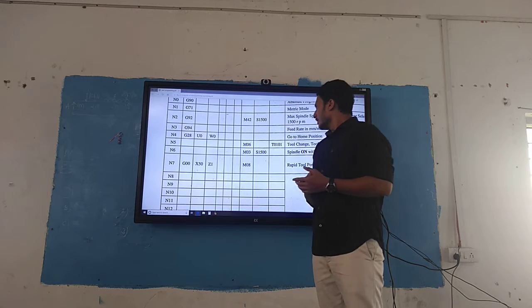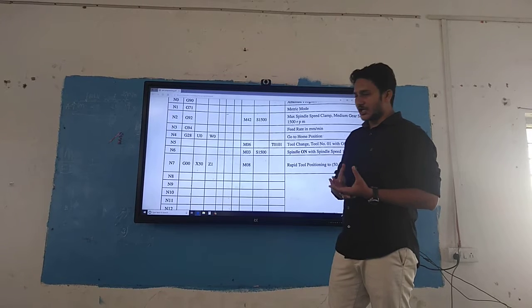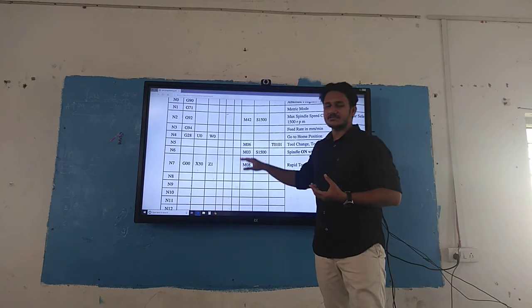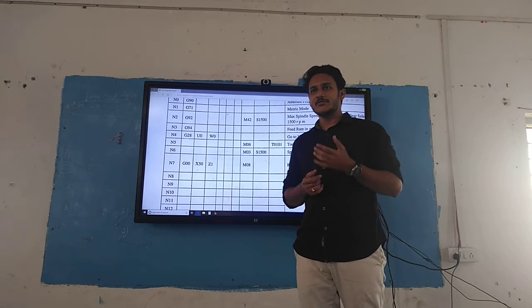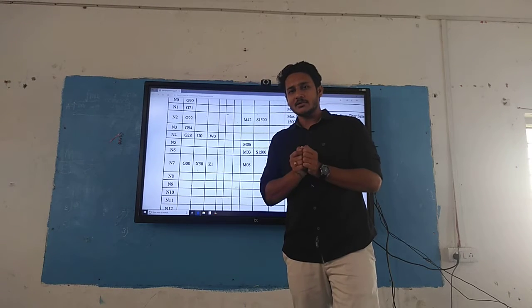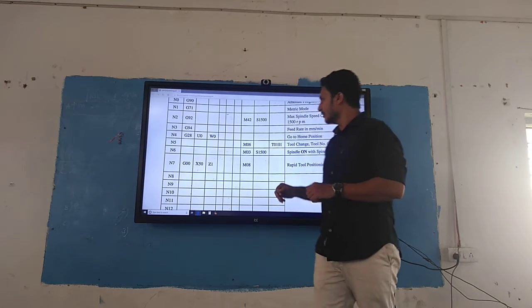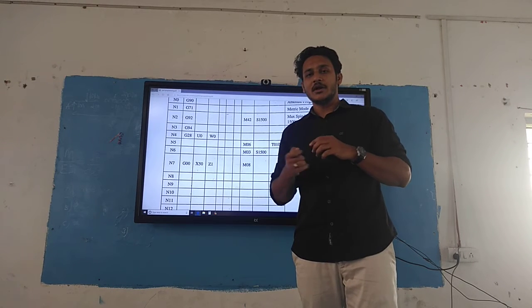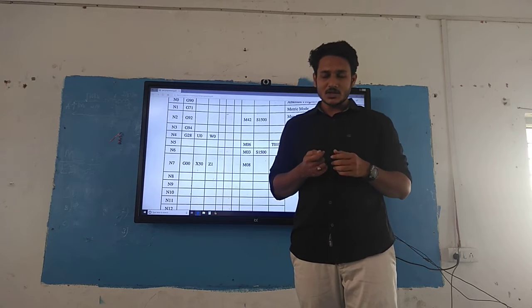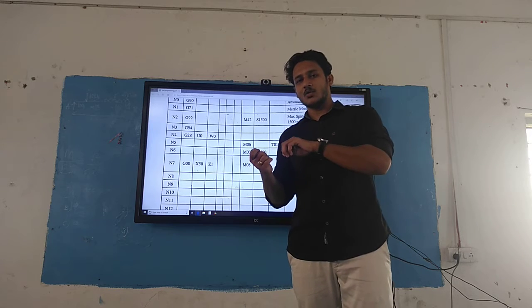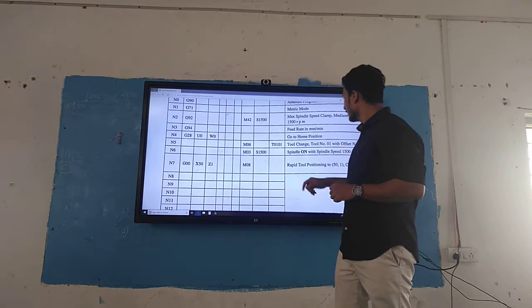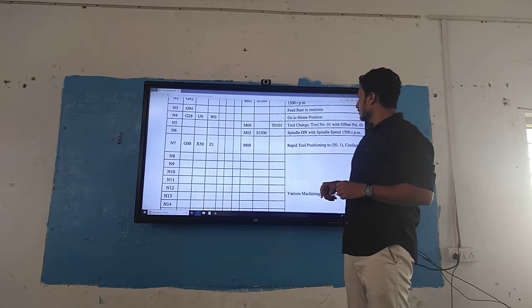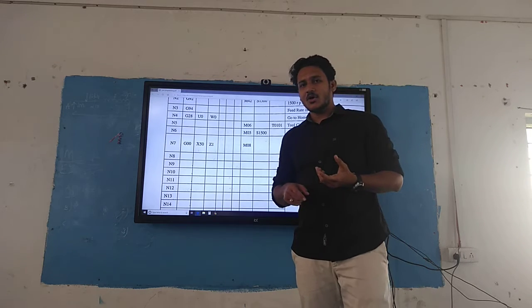Then if you want to go for the tool change, you have to use the miscellaneous function M06, and if you are using tool 1 at turret position 1, you have to go for T01. So T02 and T01 indicate tool number 2 and tool number 1 at the turret position. Then you have to check whether the spindle is on or not.